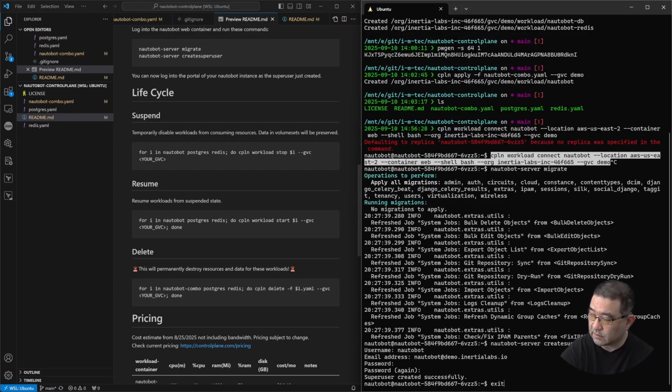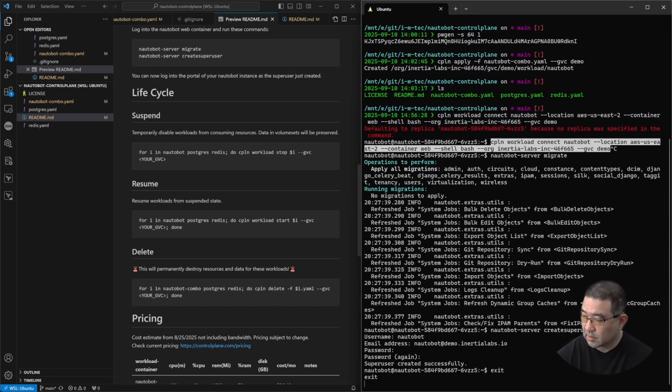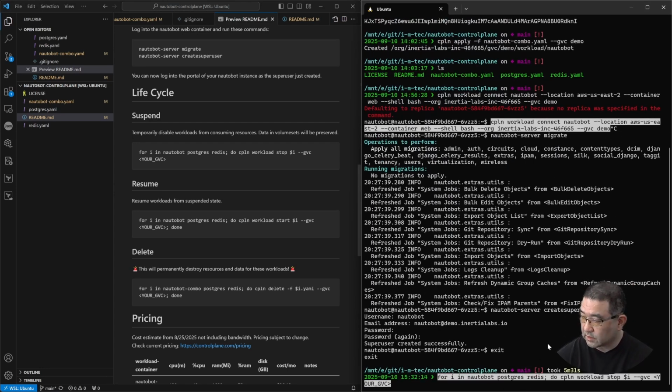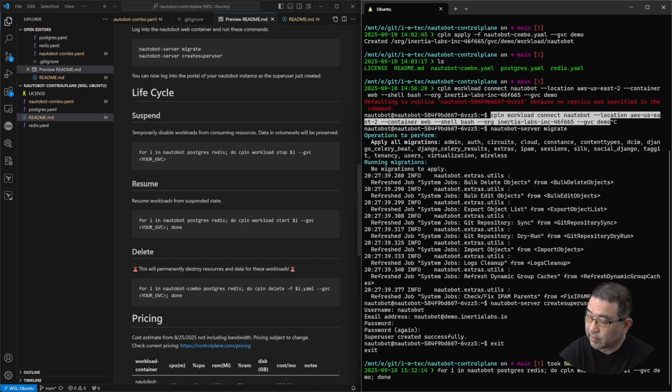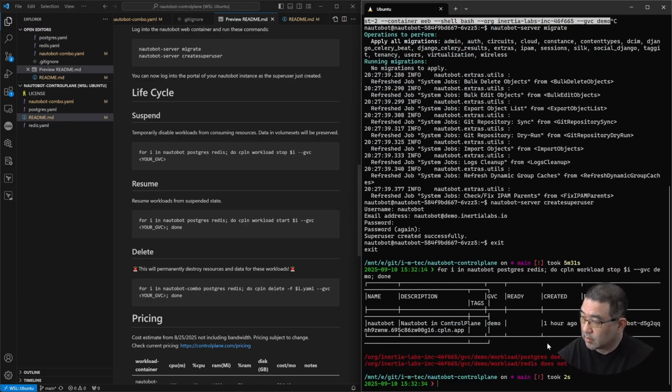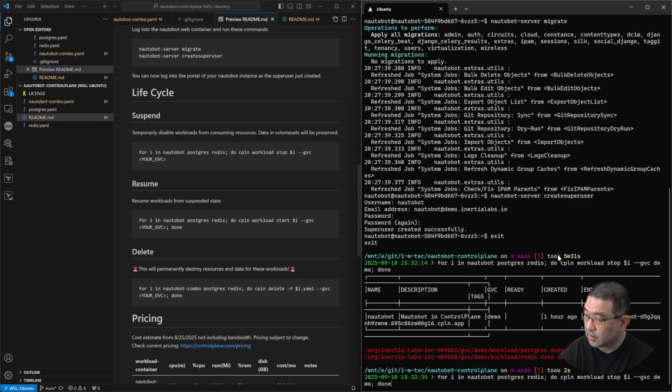Exit out of the container. Let's go ahead and suspend the workloads for CPLN workload stop, and then your GDC, in our case it's demo. Then for the if statement, we need to put done. Oops. Oh, right. So we actually call this